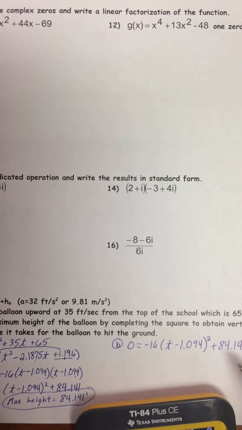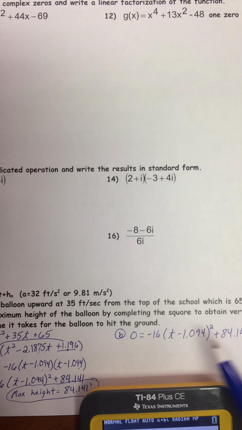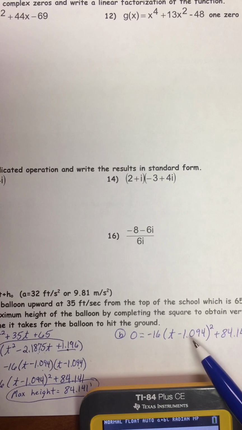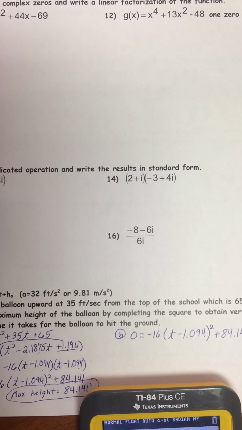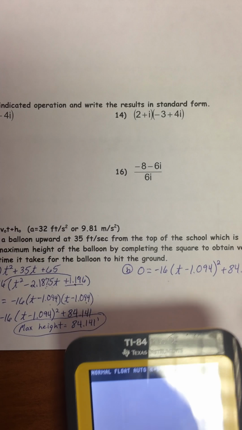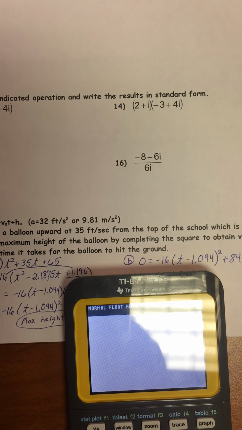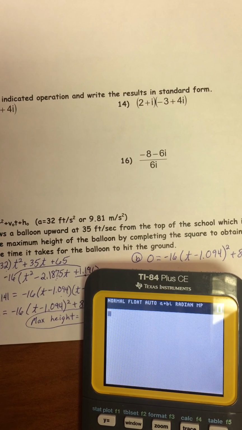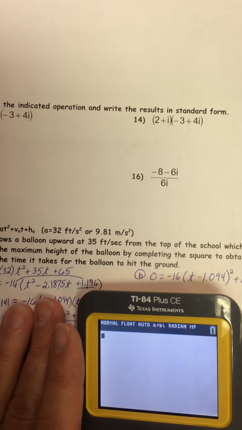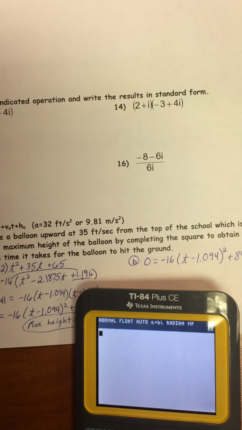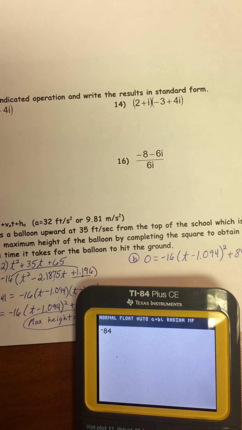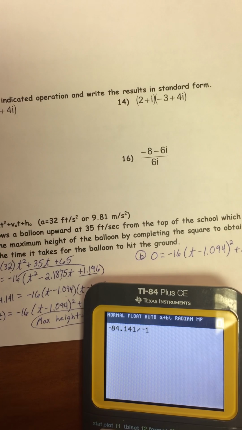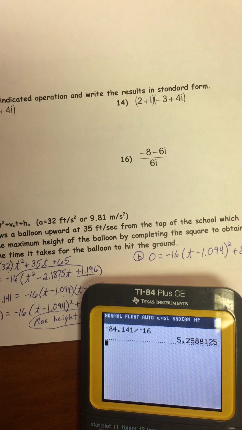I'm just going to take the 84 across the equation, divide by negative 16, square root it to get rid of the square, and then add 1.094. So I'm just going to do it all on my calculator. Let me move everything up a little bit so you can see the calculator screen. Getting the reflection there off the light, sorry. I'm trying to hold it a little sideways here. So I'm going to take the 84 across the screen, so it'd become a negative 84.141. I'm going to divide that by negative 16, and then I'm going to take that answer and square root it